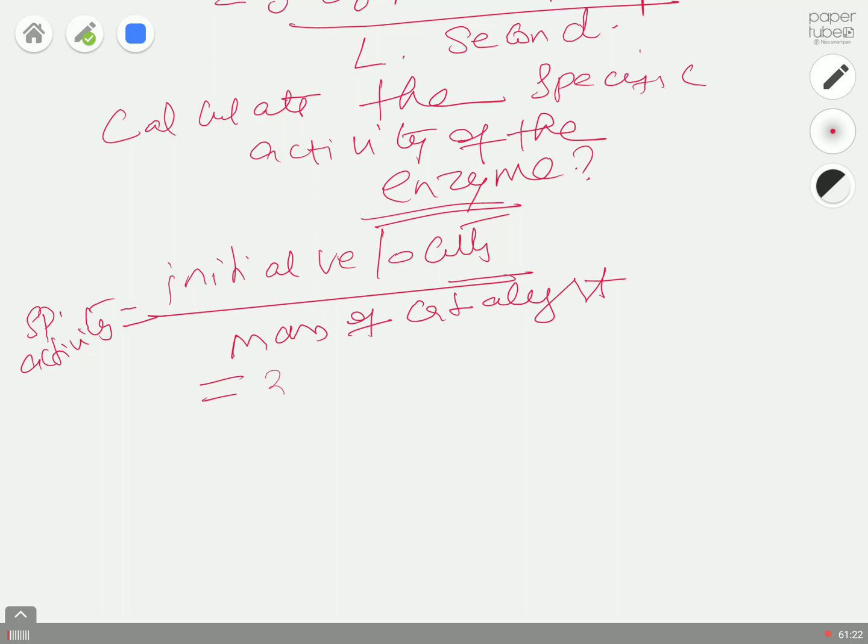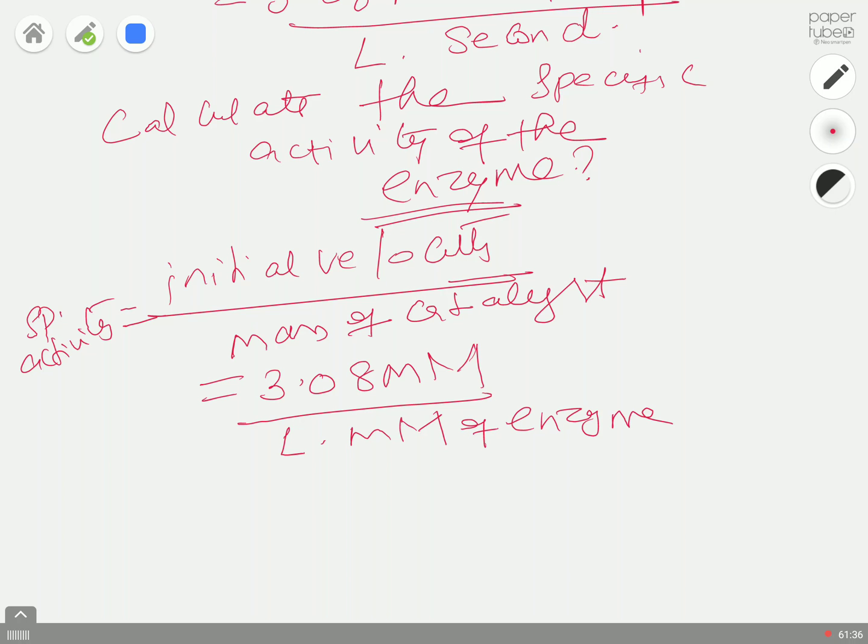So that will be equal to 3.08 millimole per liter per millimole of enzyme. This one is millimole of product. So this is divided by 0.0001. So whatever the answer you get,